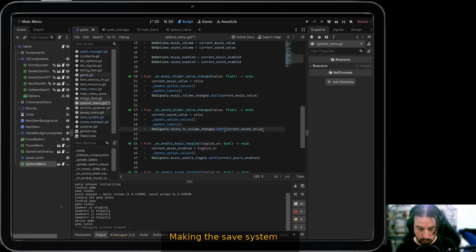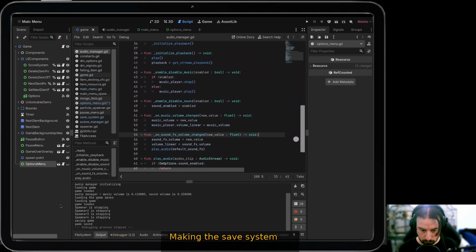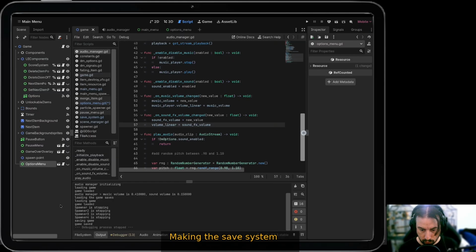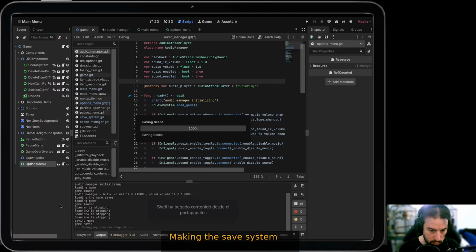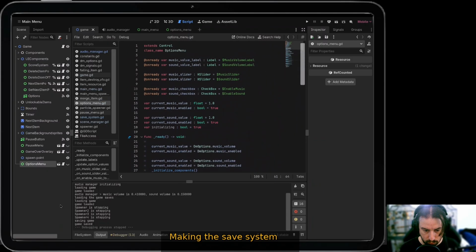Okay, so I don't need to do that in the audio manager. Yeah, that's not in here. So I should use this. This is not the way. This is not the place. I should go to the options menu and do that. So in the options menu,